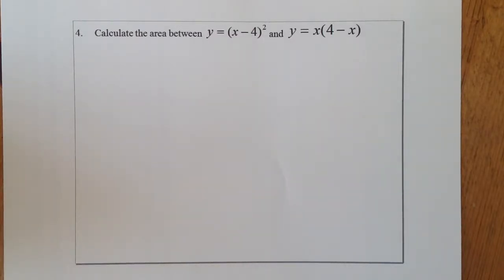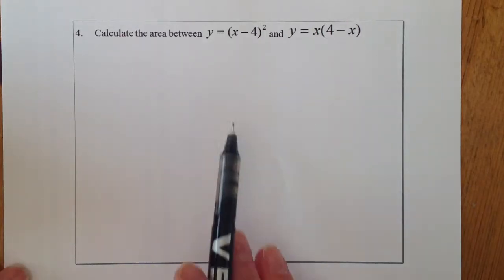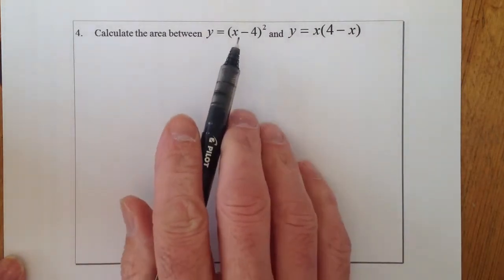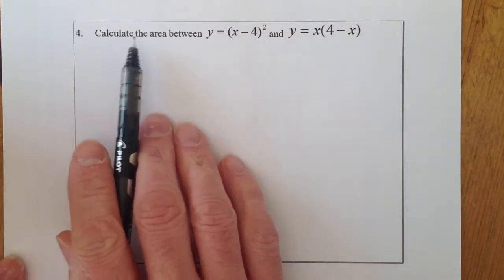This is Higher Maths, it's solutions for homework 11 and we're on question 4. Right, so if you've not completed this, freeze the video and try it. If not, well, you can see the solution. Here we go. I'm going to look at these two curves here, so I have to calculate the area between